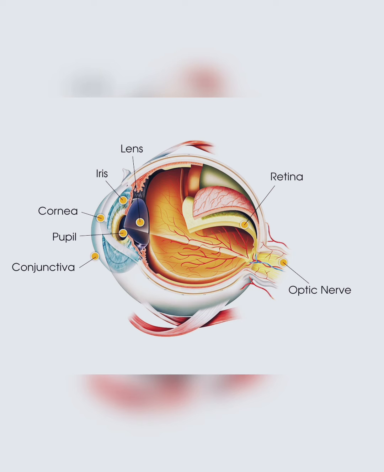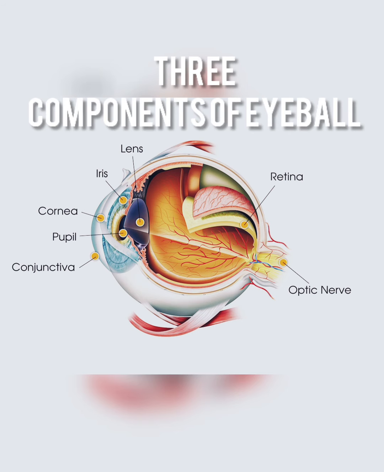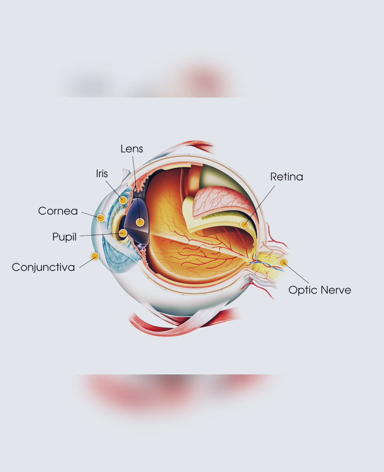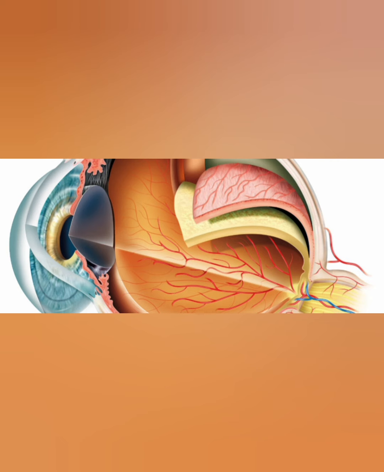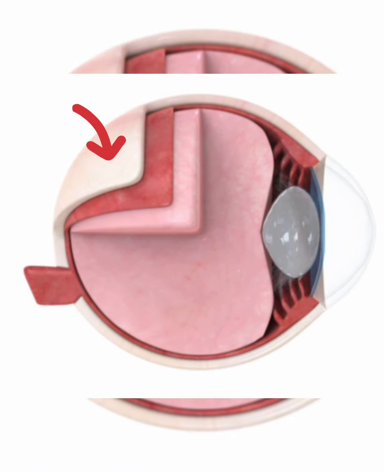So one of the best ways to study the eyeball is that we must know what the wall of the eyeball is and what the structures inside it are, right? So first we'll start studying the wall of the eyeball. It has three layers, three components. The outermost layer of the eyeball is the protective layer, and this protective layer consists of two important components.